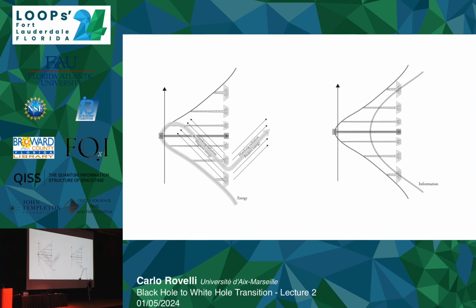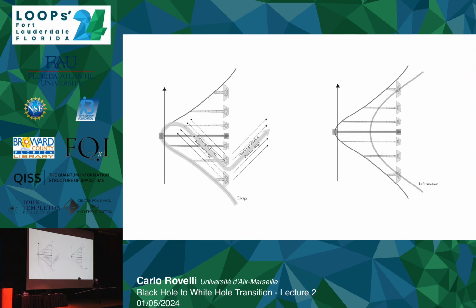And can it stay inside and come out from the white hole, even if the energy goes out before? And the answer is yes, of course, because there is no reason that I understand for which small energy should mean small information. In standard quantum field theory, that's certainly not the case, because take